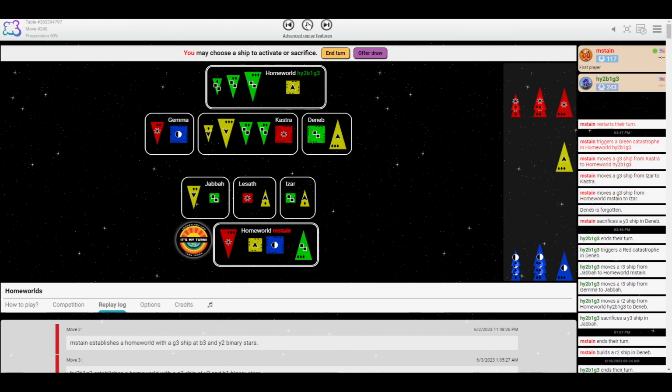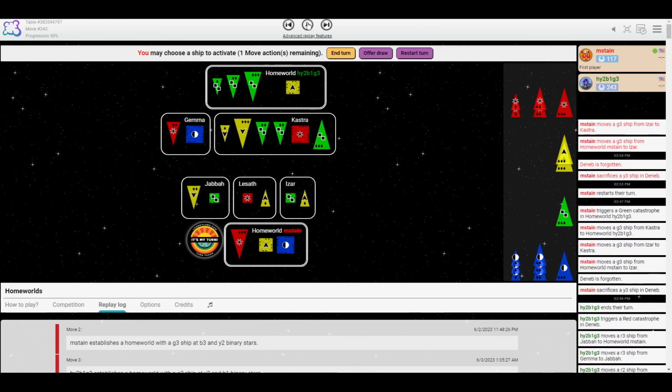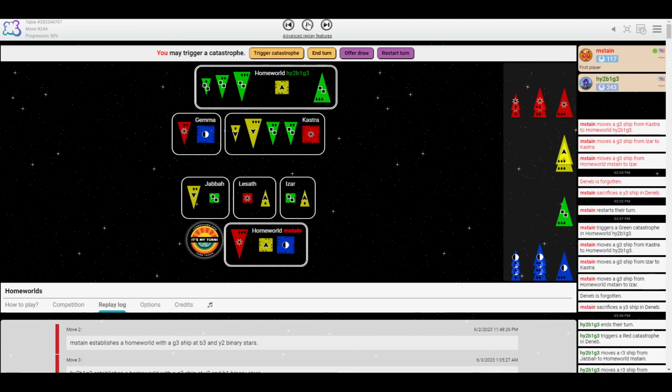You've got to reinforce your home. You can at least make it a draw. Even if you don't see the... Oh no! They took